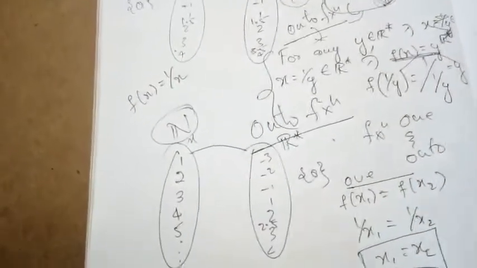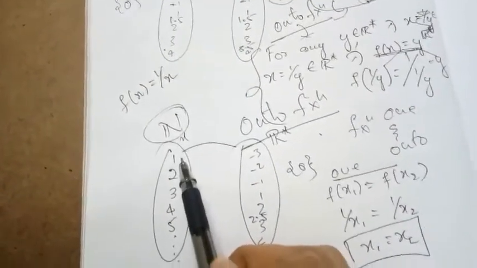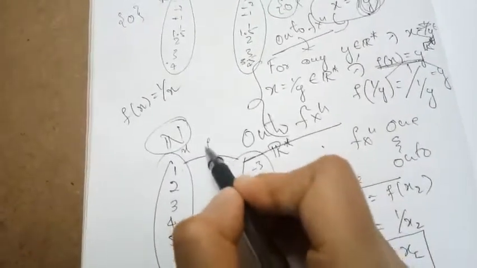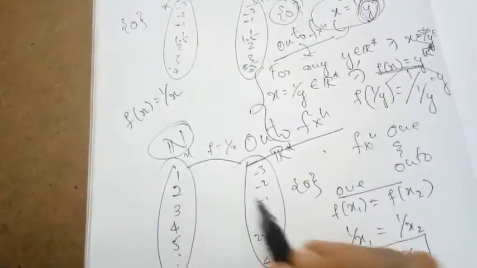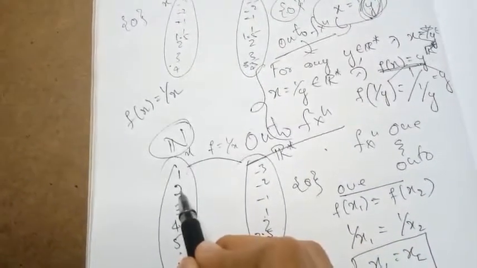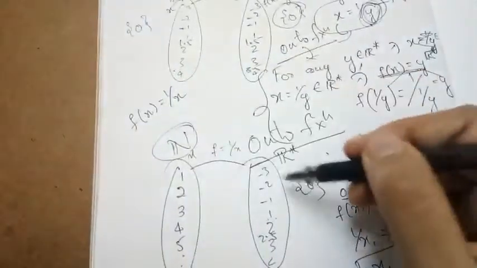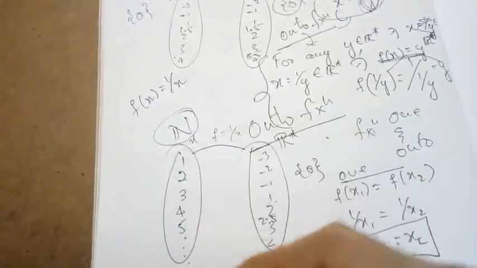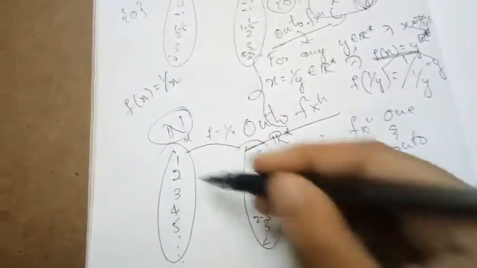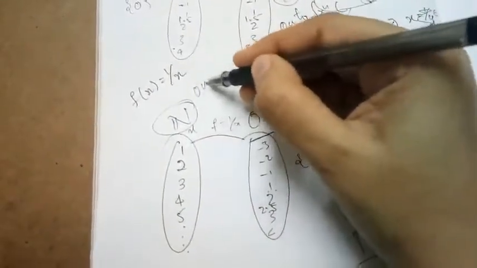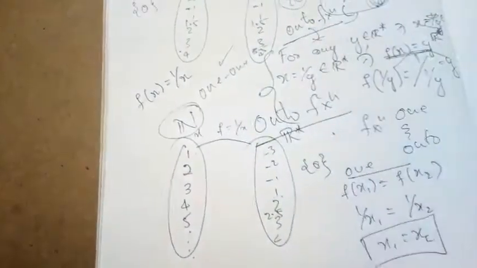In the mapping also you can think about it clearly. If you take x is equal to 1, you are going to get f is nothing but 1 by x, so 1 by 1 you get 1. For 2, 1 by 2 you get 0.5. Whatever the answer is, it is going to be in the real numbers. So for all the natural numbers there is one and only one image. So the given function is a 1-1 function.